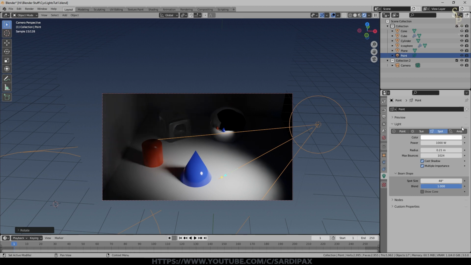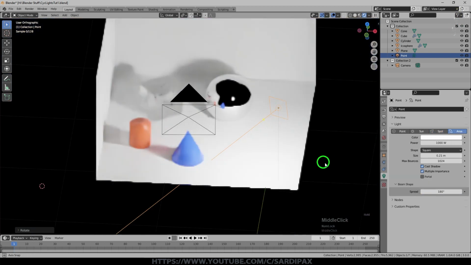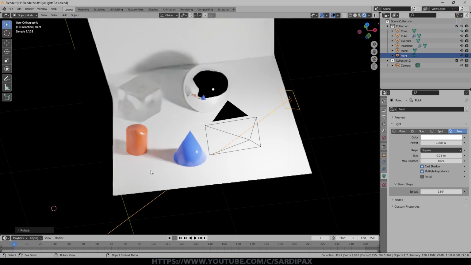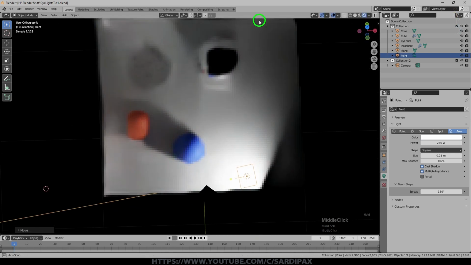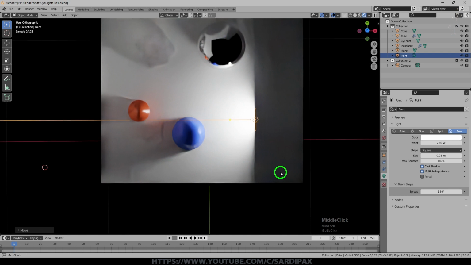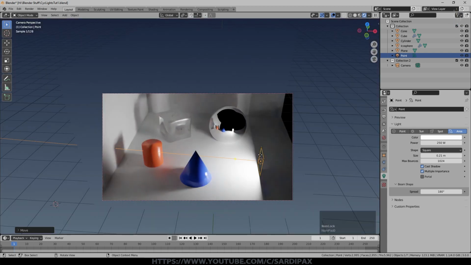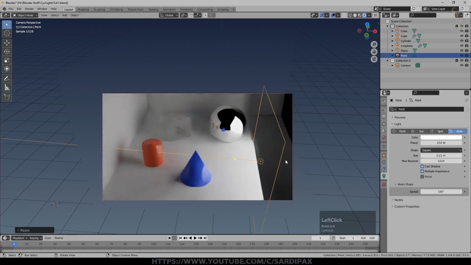So then moving on to the final lamp, which is the area lamp. So you can see it's as if it's a flat surface, and that flat surface is emitting light. I'm going to turn the brightness down a bit now. So if I bring it close to the surface, you can see there's no light coming out behind the lamp, or very little anyway. It's as if I've got a glowing surface just emitting light. But it's very useful because you can play around with the size. If I have a much larger lamp, that can be very useful to simulate light coming in from a window, for example, without actually having a lot of light sources outside.